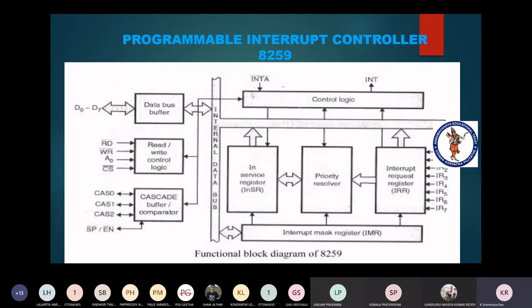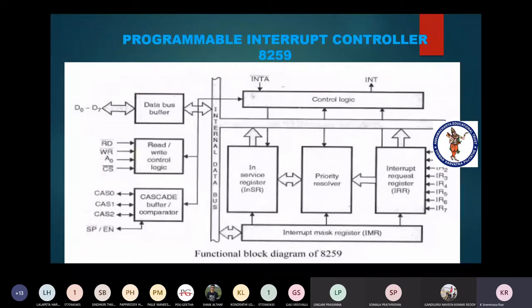Already we discussed there are three different methods we use to transfer data from the processor to the device. One is the programmed I/O data transfer method, the second is the interrupt-driven data transfer method, and the third is direct memory access. So this 8259 is used to transfer data through interrupt techniques, interrupt-driven data transfer. Anyway, that is our very first point.